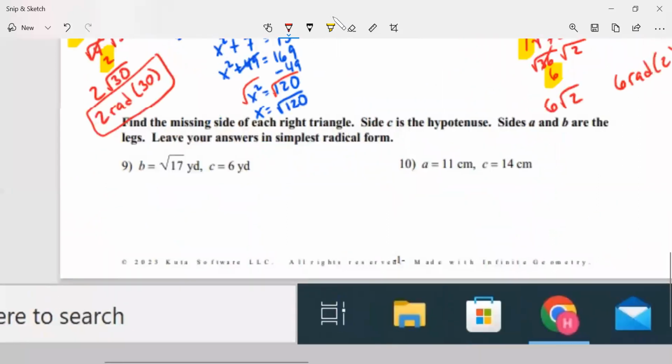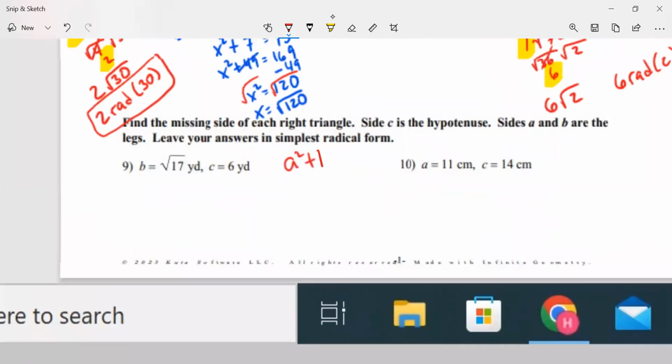Take a look at questions 9 and 10. Find the missing side of each right triangle. Side C is the hypotenuse. Sides A and B are the legs. Leave your answers in simplest radical form. Remember, we have that A squared plus B squared is equal to C squared. So I'm just going to write, I don't know what A is, right? So at the side, let me write A is equal to X, because I have no idea what A is now. So I'm just going to write X squared